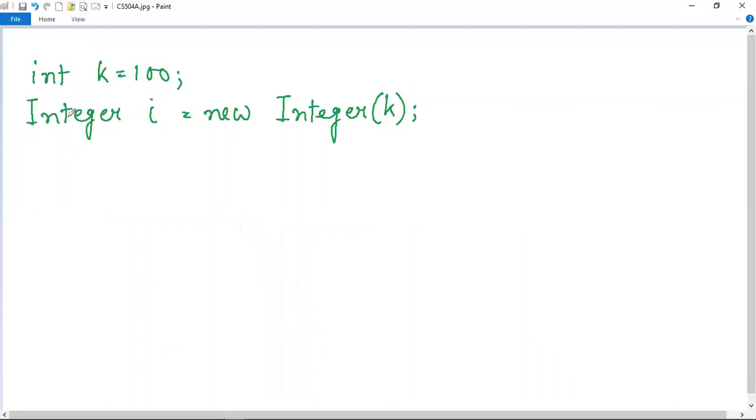This Integer is a wrapper class that is being used in order to wrap up the primitive data type int into an object kind of thing. So this I is the object of this wrapper class Integer, and here this int variable k is being converted into an object using this I object of the Integer class. And the I object can be used in Java programming whenever the value of k is required as an object. Here we are passing the variable k itself in the constructor part of this object creation statement.